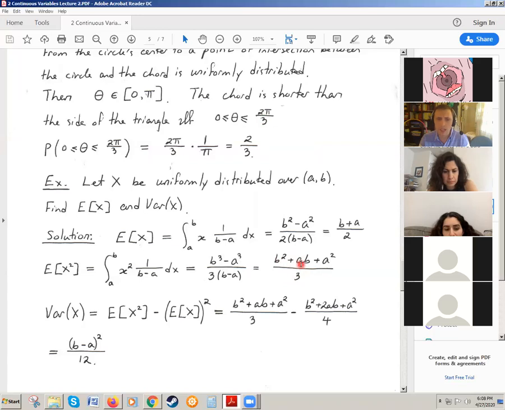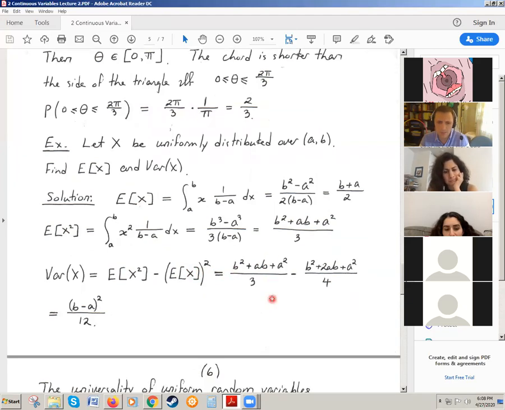Good. And so now what do I do for the variance? I simply take this number, and then I subtract from it the first number squared. And when you simplify it, just some algebra, you get b minus a squared over 12. So the variance is this thing. Okay? So this is just integration, so I'm hoping you don't have too much trouble with it, right? If you can figure it out. Good?